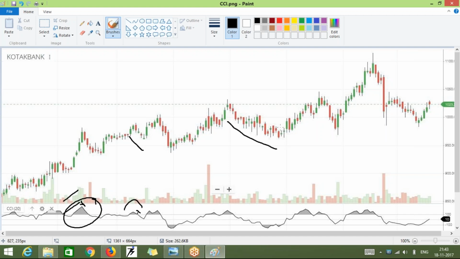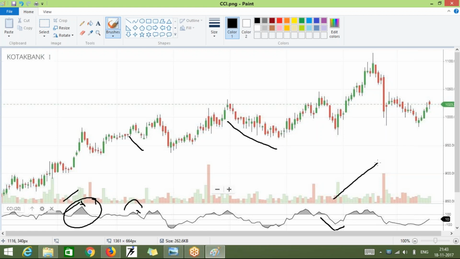CCI can be used with single candlestick patterns. If a candlestick is telling something, then CCI is also there. See here also there is a curve. CCI is also traded for crossovers, this middle point, where again you can find that it crossed this middle point and started moving upward. So here a crossover is formed for an upward trend. Again it can be traded for a crossover.